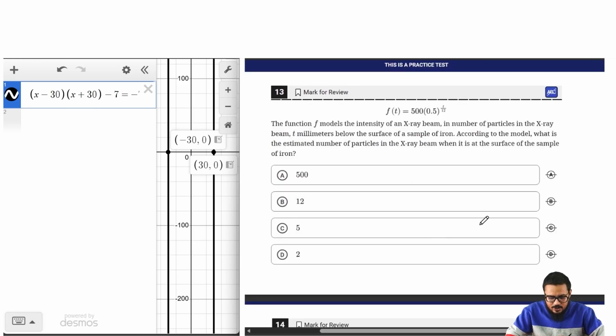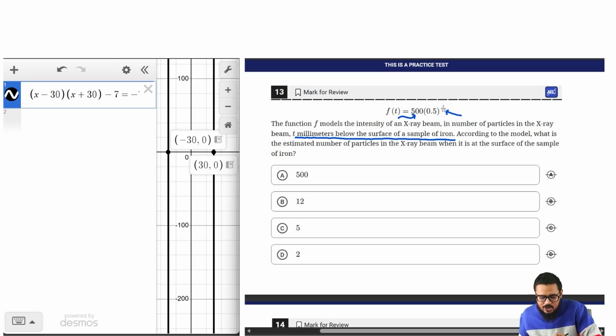So we have a function in this question that models the intensity of an X-ray beam in number of particles, and t represents something in millimeters below the surface of a sample of iron, right? Now this is an exponential function, and you must know that the number right in the beginning always represents your principal value. So the initial value, or the initial intensity of this ray beam, would be 500, and this intensity is actually decreasing by a rate of half, or actually decreasing by 50%